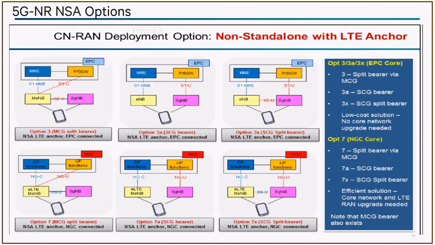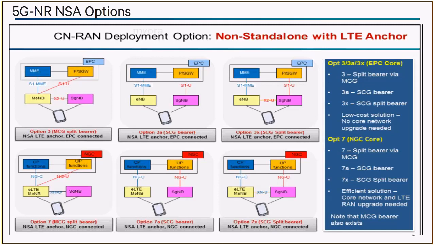Okay, that's the difference. The first one is M, the other one's ME. What is ME? MeNB? Master E node B. So when we say NSA, every LTE node should be evolved. This is not necessarily in the same network deployment. You would have all your E node Bs migrated to the evolved E node Bs. You could still have some E node Bs which are in the older release 10, release 11, release 12 timeline, and then there are E node Bs which can support release 15, and these would be a smaller cluster.